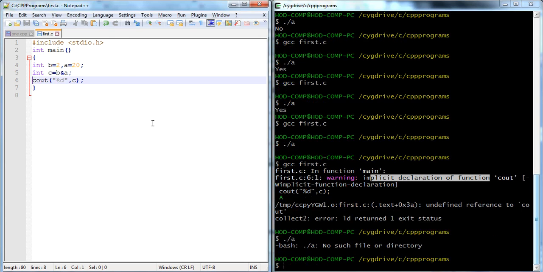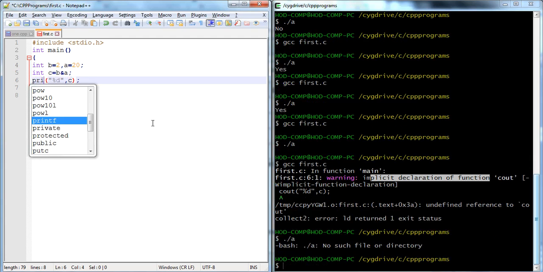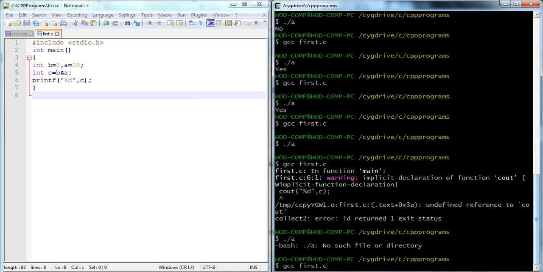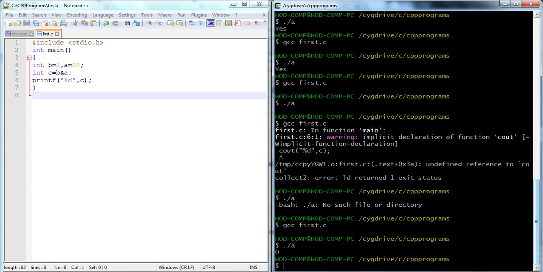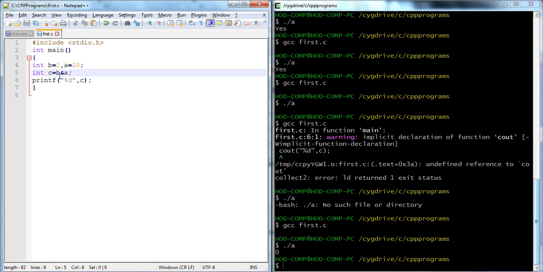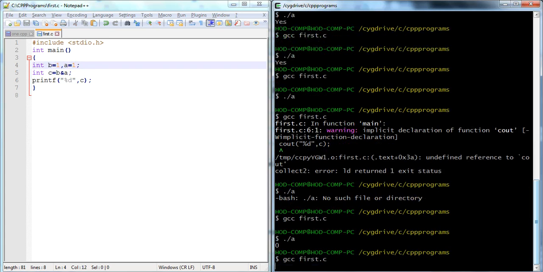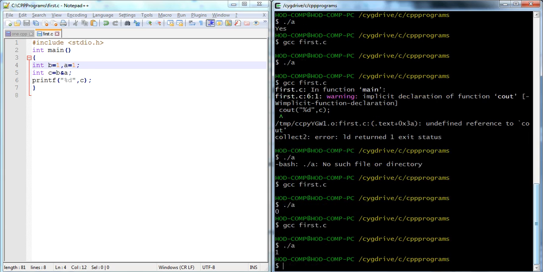No, cout is a C++ concept. We need to printf, save, then run the code, then compile it. It prints a 0, right? Why? Because it's a decimal value and we are providing it as an ANDing process. We need to consider it as 1 and 1, then it gives a 1. Right, that's a logical operation, right?